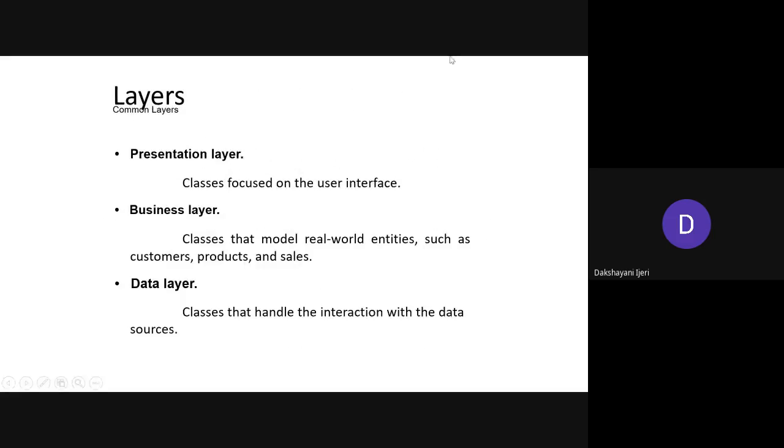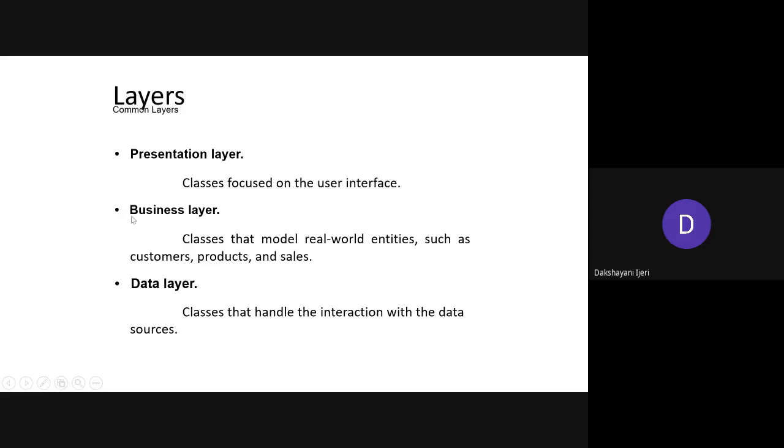You can see here what the presentation layer includes. The presentation layer includes the modules or the part of the project which is used for the user interface. Examples for this are the HTML pages, the content, or even the forms that you make viewable on the screen for the user interface. Everything meant for the user interface, you can include as a presentation layer.